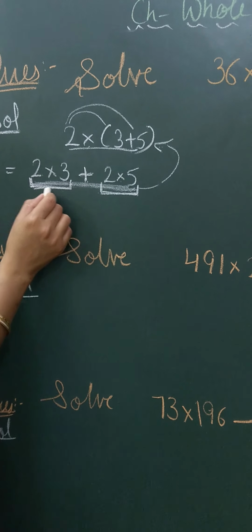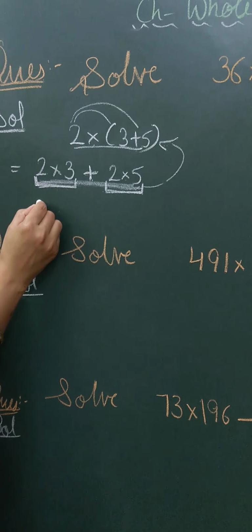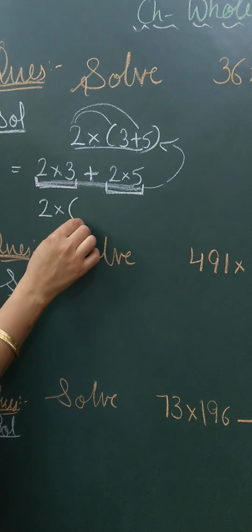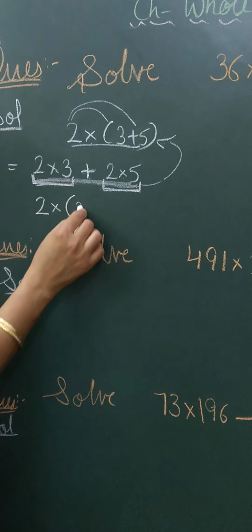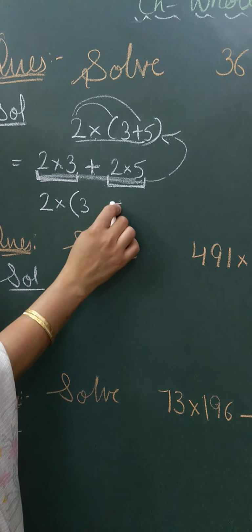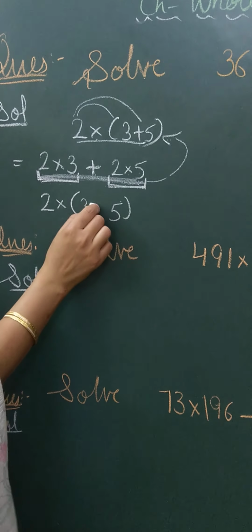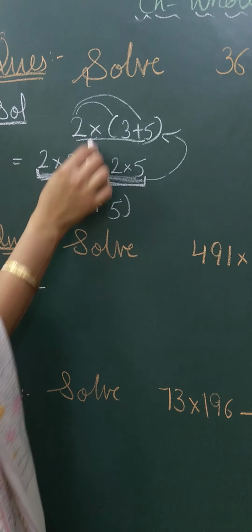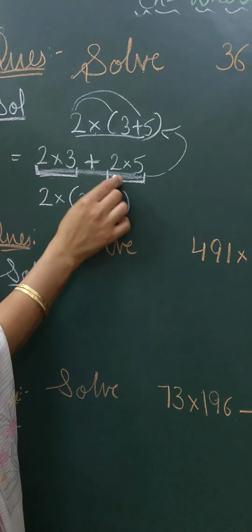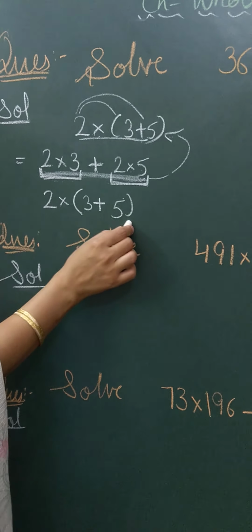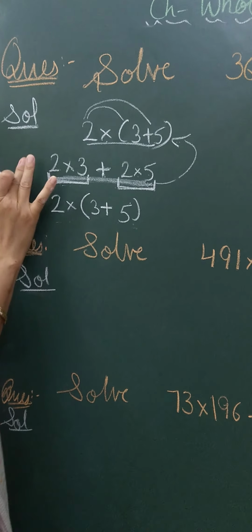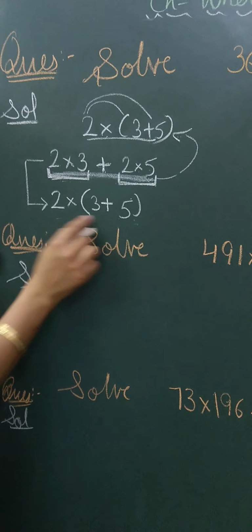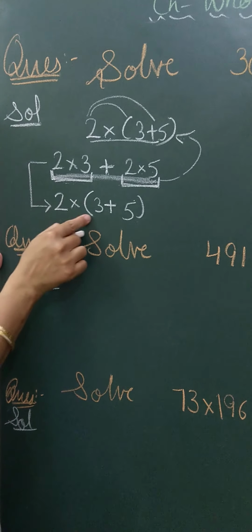How will you do it? If I have two pairs, what will I do? I will take 2 out, multiply out and then put a bracket. Then I will write 3, first guest, second guest is 5 and then in between sign plus. If we can do from here to here, we can also start with this and we can reach here. Today the questions that we are going to start are having a question like this and we have to form the answer like this. We have to go in the second step like this.